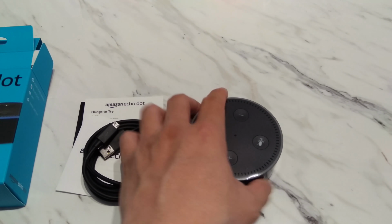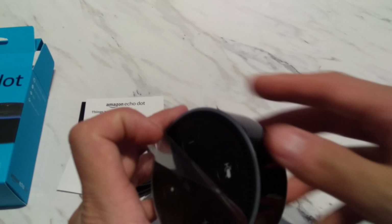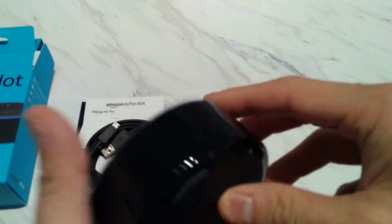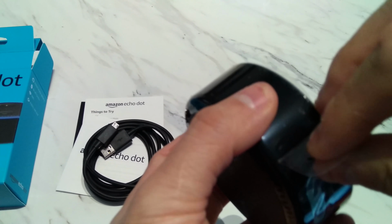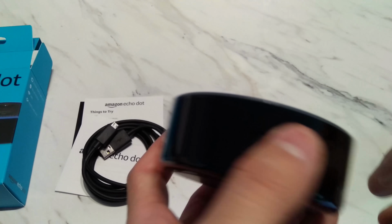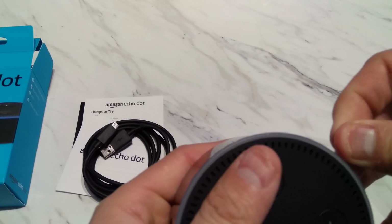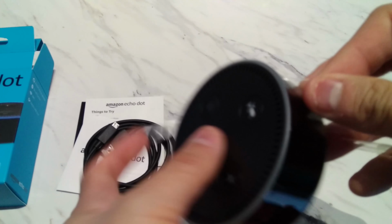In addition to being able to stream music from Prime Music, the Dot also has integration with streaming services such as Spotify, Radioplayer Canada, and TuneIn Radio. The latter of the two options I just listed are subscription-free services, so you have plenty of options straight out of the box. Many radio stations such as Kiss 92.5 here in Toronto have also created their own skills, which sort of work like apps to give you live